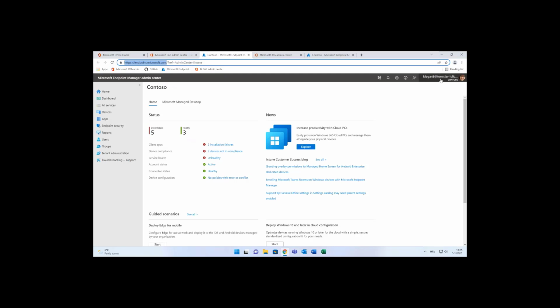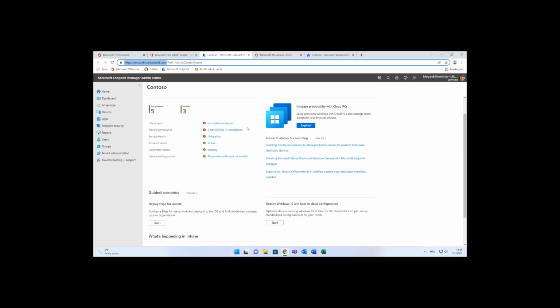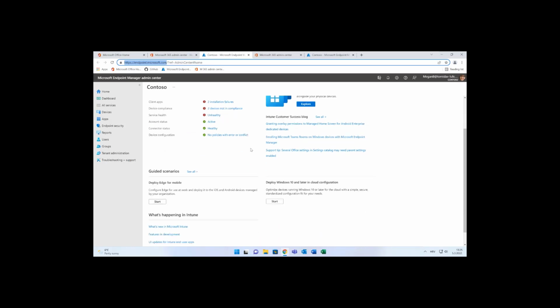I'm working with my famous Megan B. This is a demo, of course. She's an admin, and so she can reach the Endpoint Manager portal. And here you have lots of information in this dashboard or landing page. You see client apps, device compliance. I will not go point by point because we don't have lots of time. But you can also